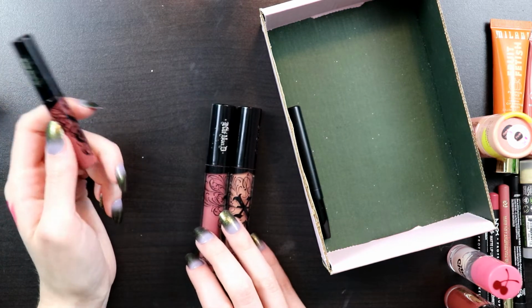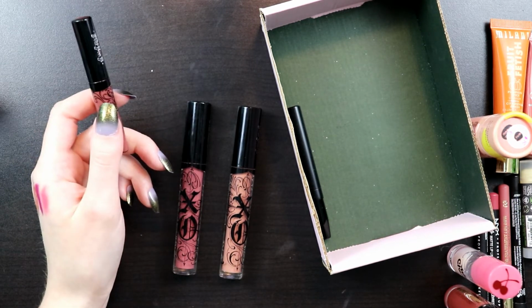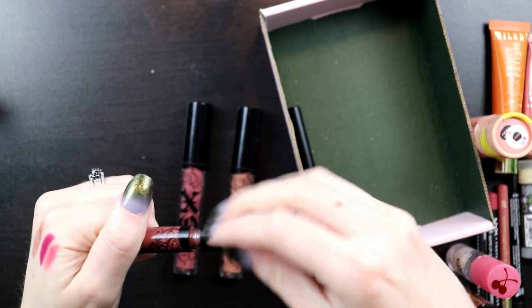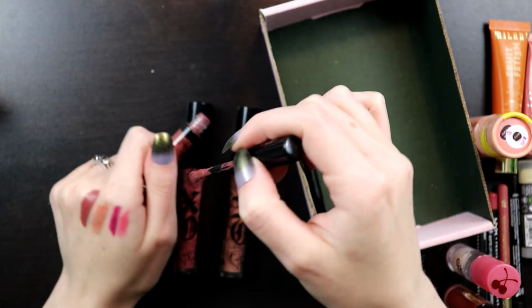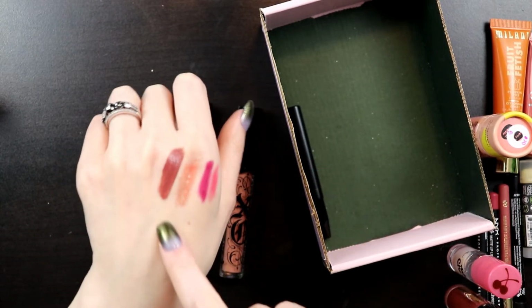And then I was like, I wish this was the only one they had in a mini. I wish they had all of them in minis. And what do you know, like a week or 2 ago, they came out with a set of all the shades in a mini. I'm like, well, that stinks. Here is the Lolita shade, and I do really like this formula. It honestly just feels like the Elf and Milani lip balms. It's more of a liquefied lipstick to me than a lip gloss,